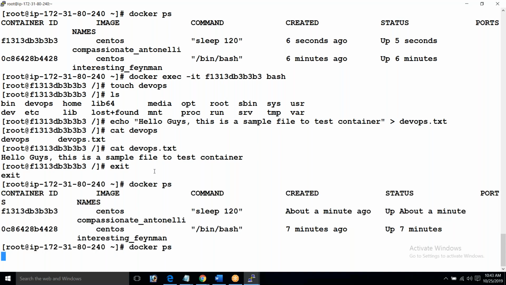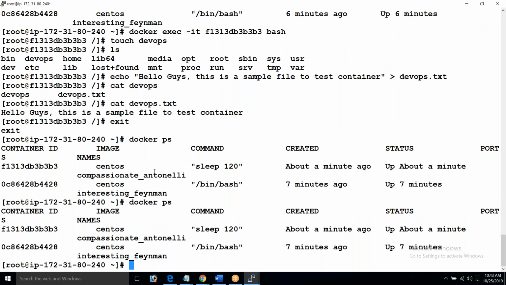A minute or one more minute left. Once the container is stopped, I will create one more container. Now will the newly created container have these two files? My point here is that any changes that you do on the container are only to that specific container. And in the long run, I am not going to use these containers anymore. I'll terminate them.